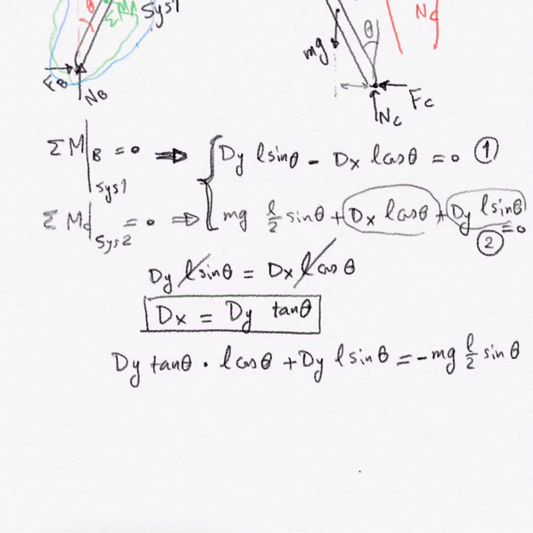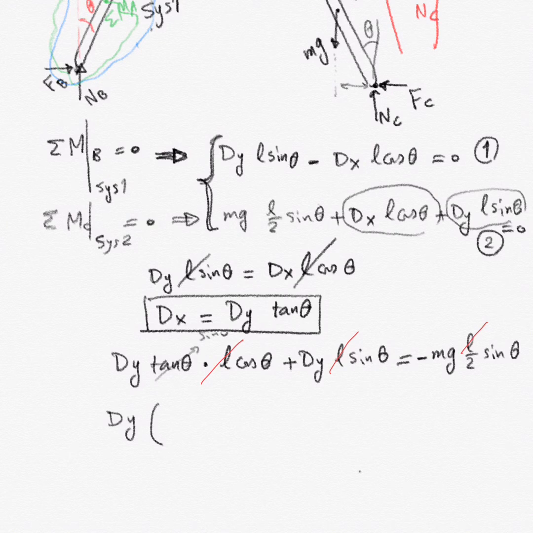If you divide both sides by L, you're going to get rid of this L here, here, and here, right? And also factor out dy. So what do you get? Then you get dy times, so tangent is